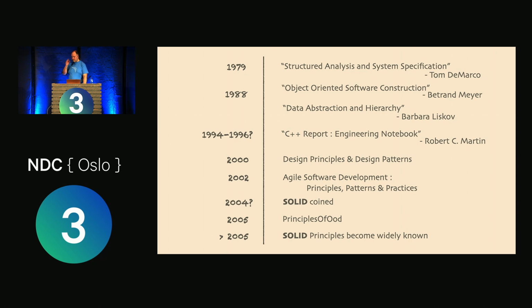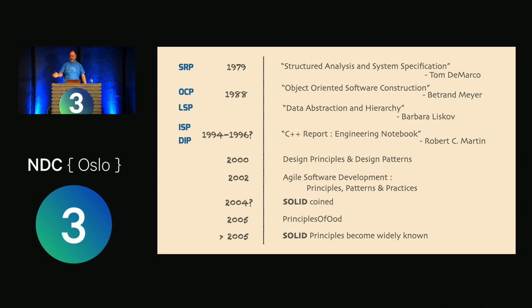And then in the mid-90s, Robert Martin himself wrote a series of papers for the C++ Report, where he picked some of those ideas and added a few of his own. And between all of those, that's where we get those five principles. And you notice they even come in more or less in chronological order. So that was quite nice. And the rest, as they say, is history. We will actually come back to some of this historical context a bit later.